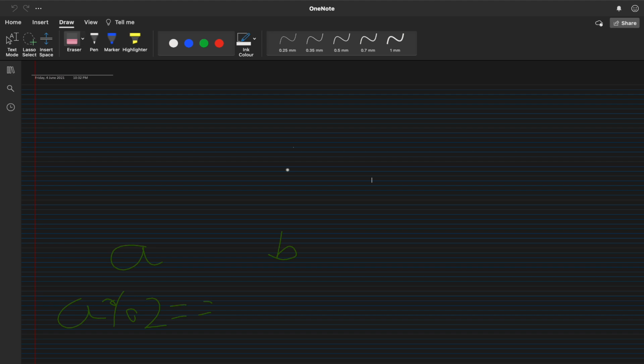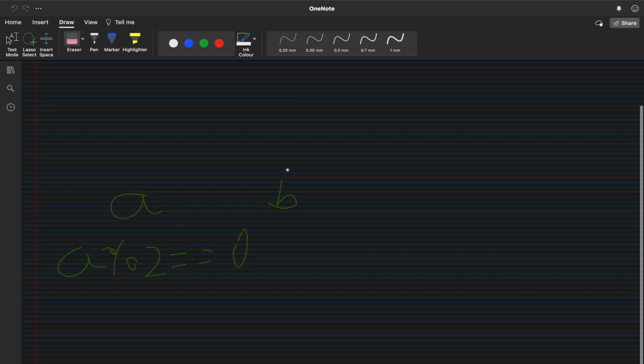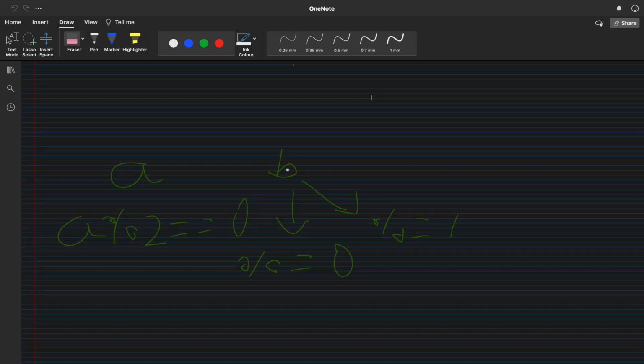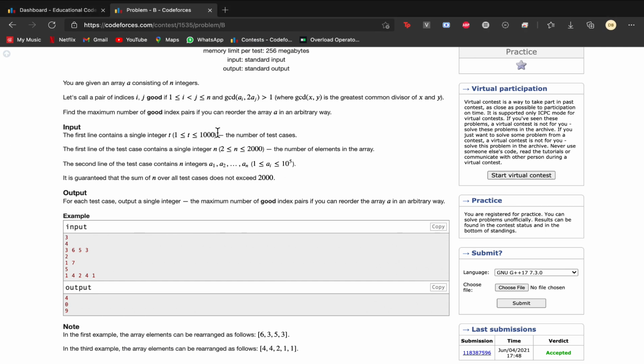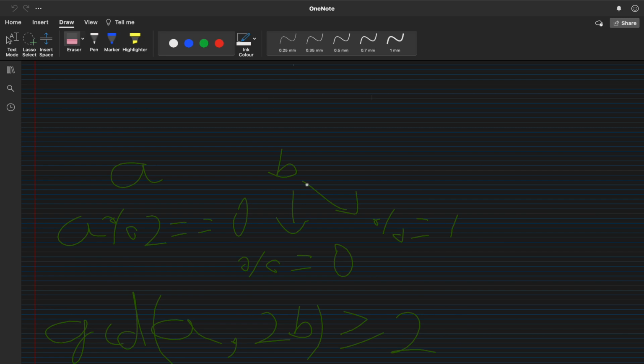Then we are pretty sure that for any b, with mod equal to 0 or 1, the greatest common divisor of a and 2b will be greater than or equal to 2, because the number 2 will always divide both a and 2b. So our condition that GCD is greater than 1 will always be satisfied in this case.